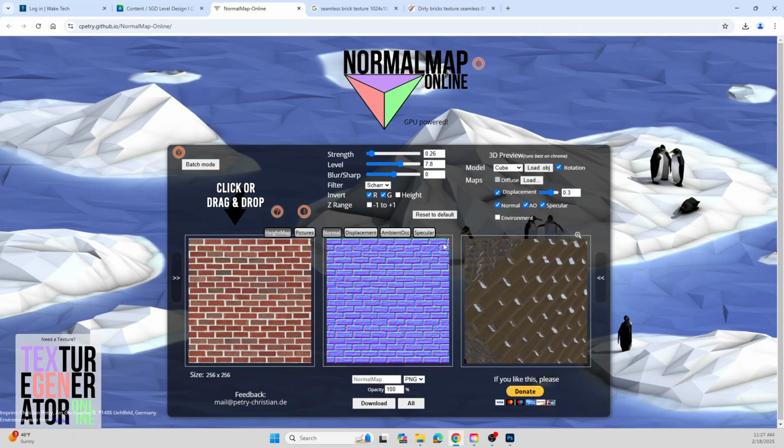Now, why do I call this a fake normal map? I call it a fake normal map because it actually isn't made from the actual light that